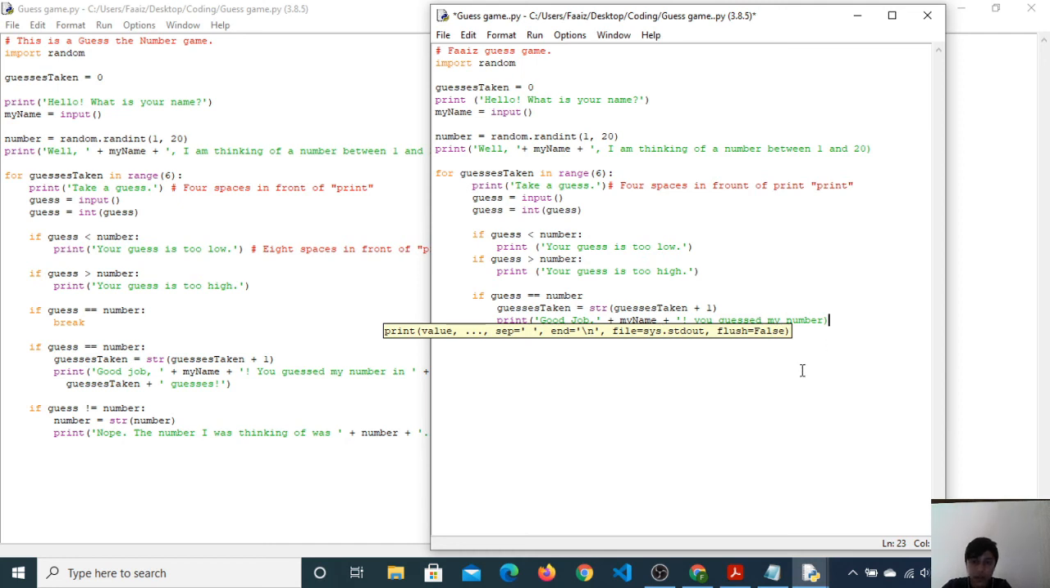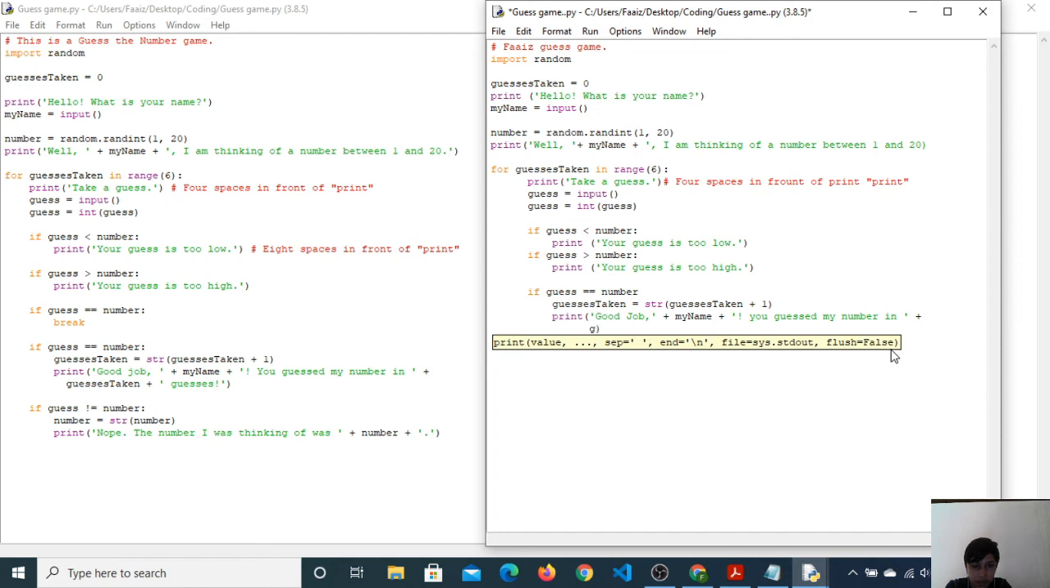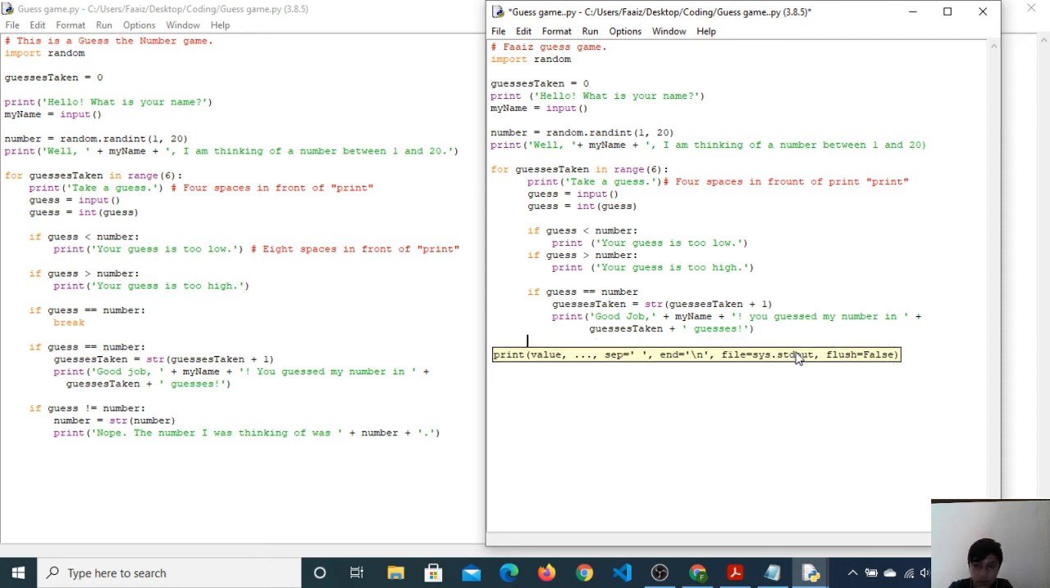So we're going to be setting up a variable for that as well, and then we're going to be saying in like how many guesses you guessed it, so plus, and then we're going to be saying guesses taken equals guesses plus guesses, exclamation mark, and then we're going to be hitting the enter, and then we're going to be typing